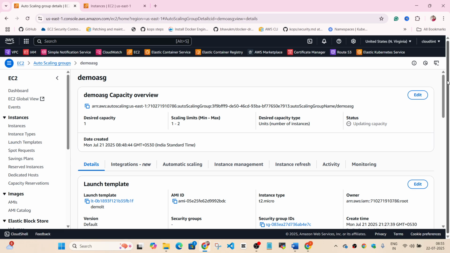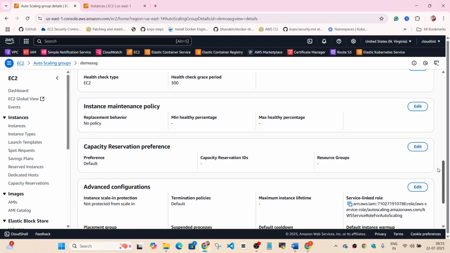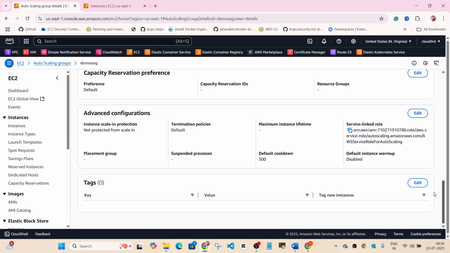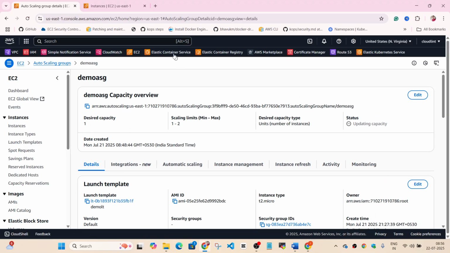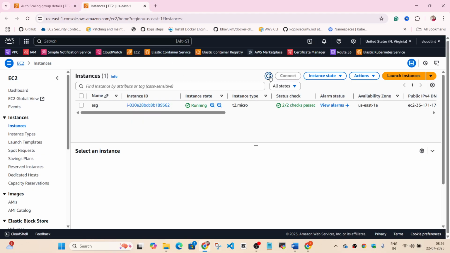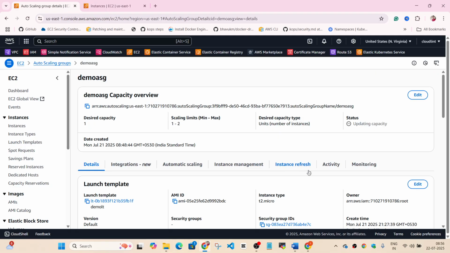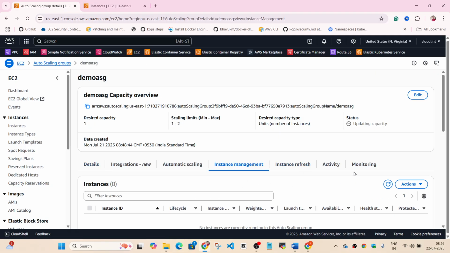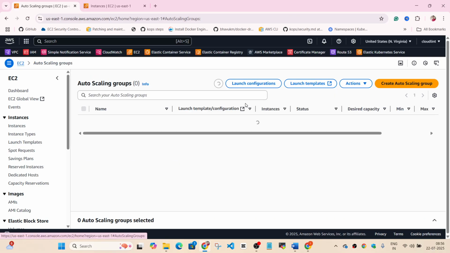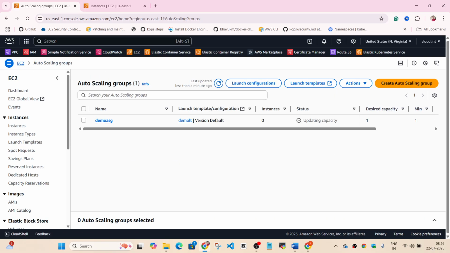If I go to template tags, source tags, this is not the one that we want to use. This is a separate instance from the auto scaling group. As far as I remember, this is an earlier one that I created. We'll just wait for it to create an instance first.